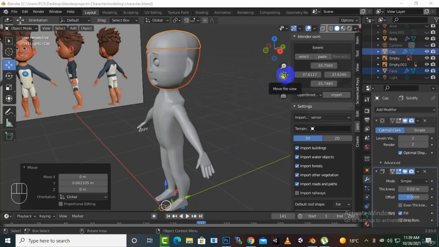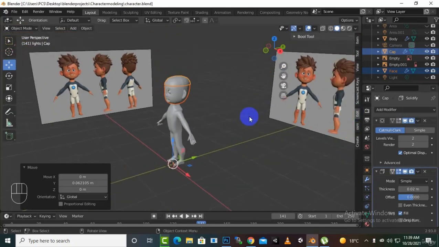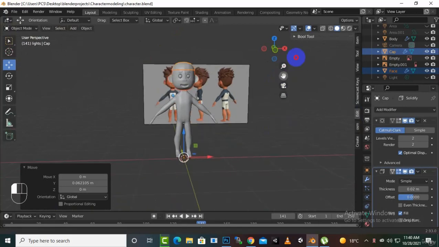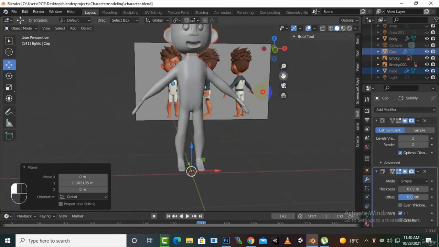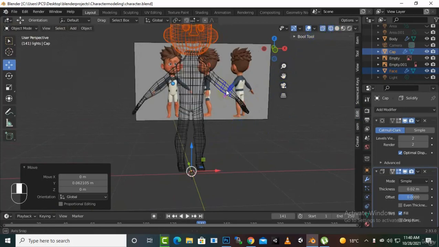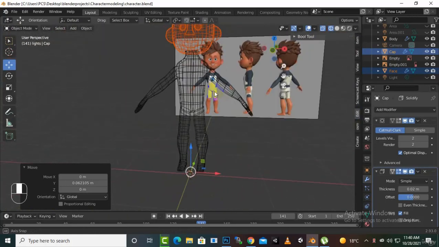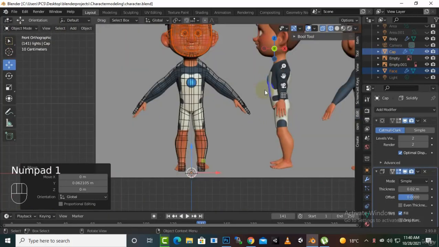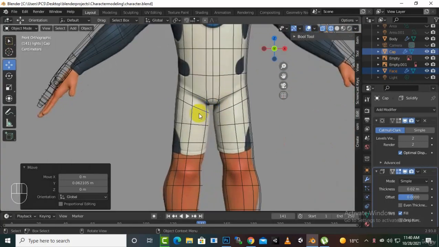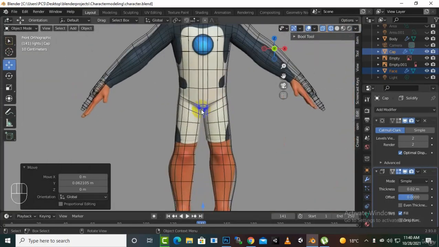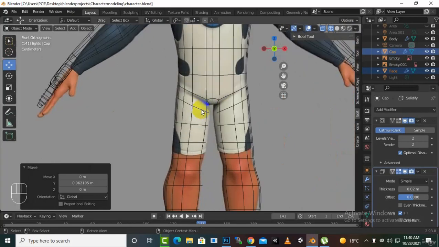Hello everybody, welcome back. In this video we are going to create cloths for our character. Stylized cloth is very easy to create for our character because it doesn't include too much cloth simulation, etc. If you want to create realistic cloths, you can definitely follow our other course on this specific topic. But here you can see this is our overall shape, and from this point we need a trouser